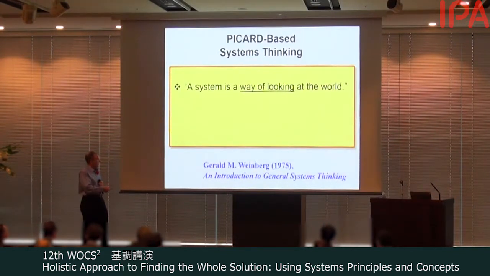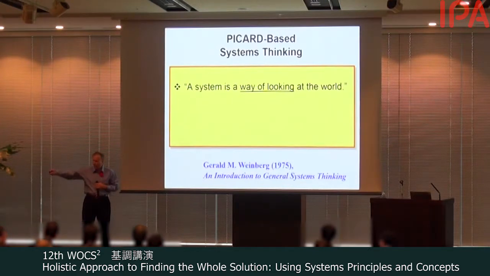So let's go back to 1975, Gerald Weinberg. Gerald Weinberg is a software engineer. He understood systems. I highly recommend his very good book, General Systems Thinking. What he said in there is that a system is a way of looking at the world. Notice he is not saying the system is that thing. He's saying the system is the way I look at that thing, which is different than saying that is the system. You say, I see that thing as the system. That is very different from what we teach our system engineers, and I think that's a mistake.